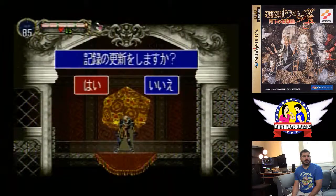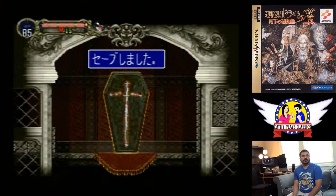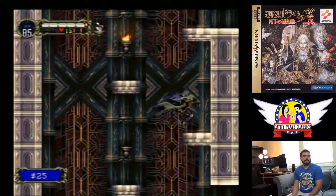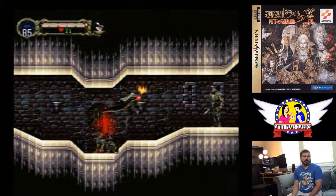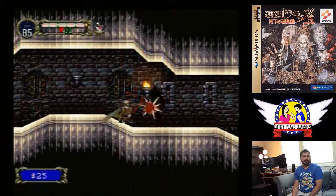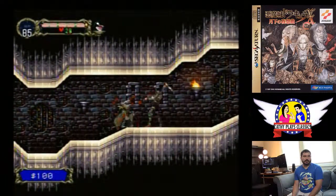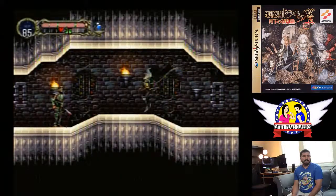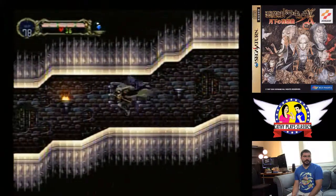And this is a save point? Yes. So let's see. Item placement's still the same for candles and stuff in this game. So 25, 100. Should be one more 25, I think. That's still there. Diamond's my favorite. Okay. Okay, so